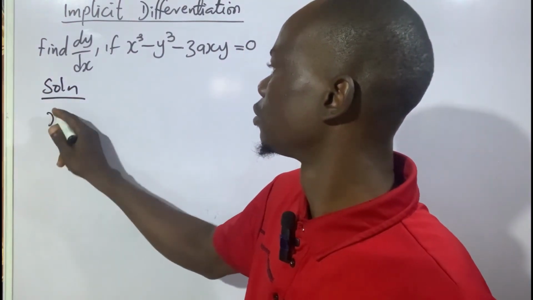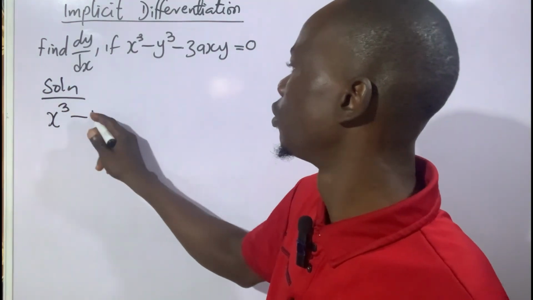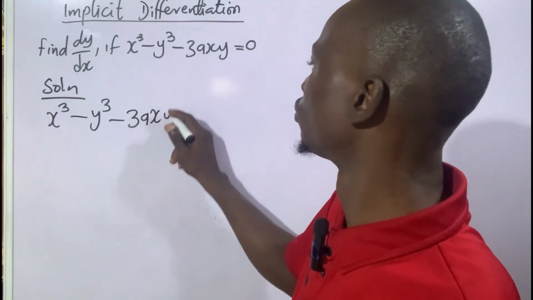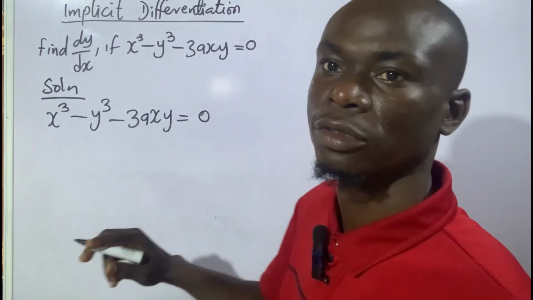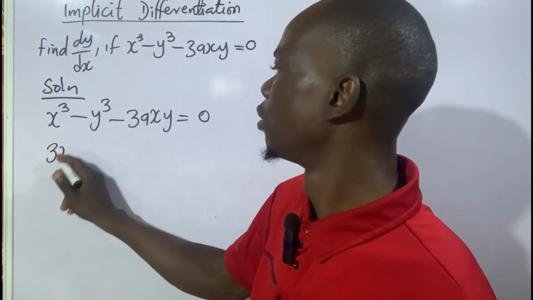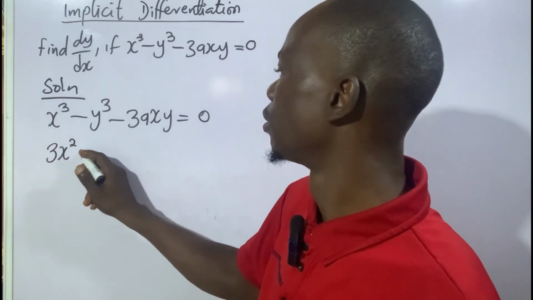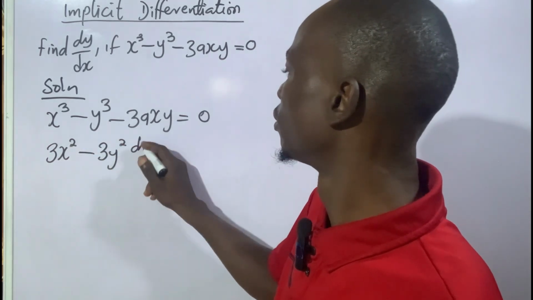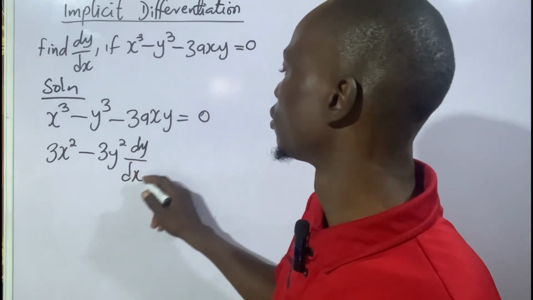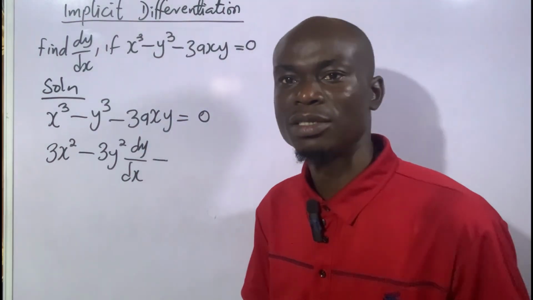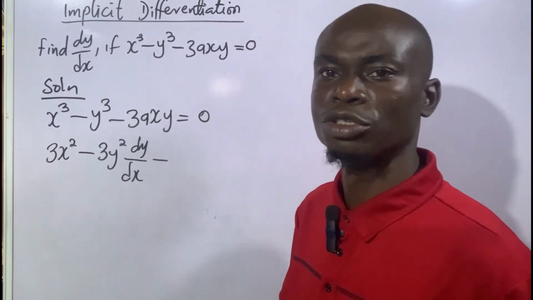The question says x cubed minus y cubed minus 3axy is 0. So differentiating with respect to x, we have 3x squared minus 3y squared dy/dx minus, so the third term here is a combination of x and y